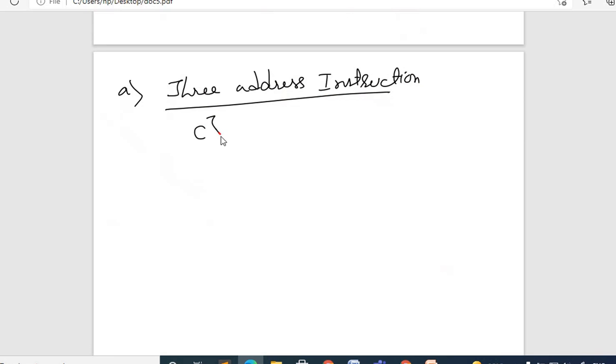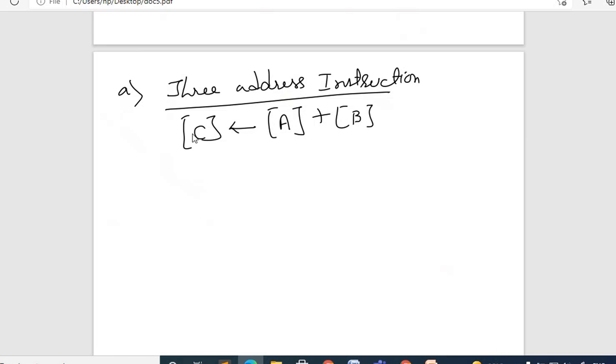We'll start with the first one, 3 address instruction, and for each of these cases we'll try to solve one problem, that is adding content of A with B, and store the result into, it is not a register, actually it is a memory location. Memory location A is added with memory location B, and whatever the sum you get is stored into memory location C.